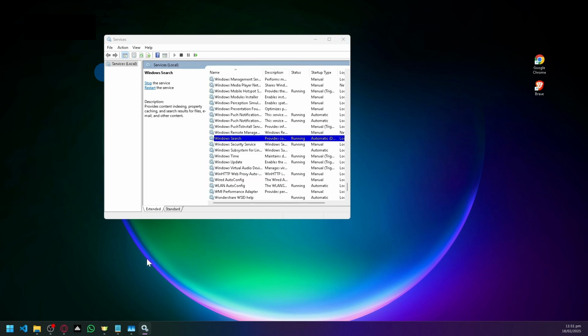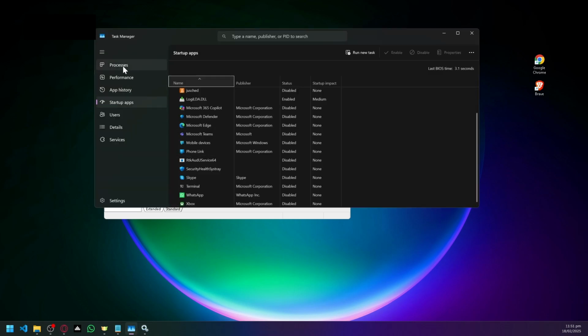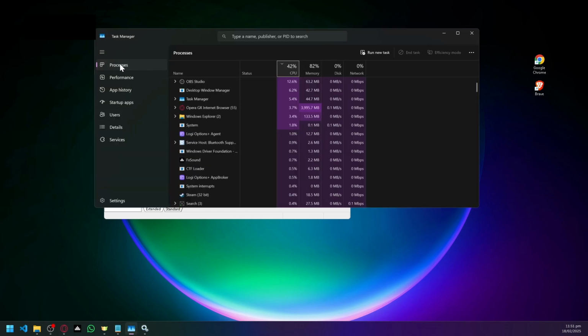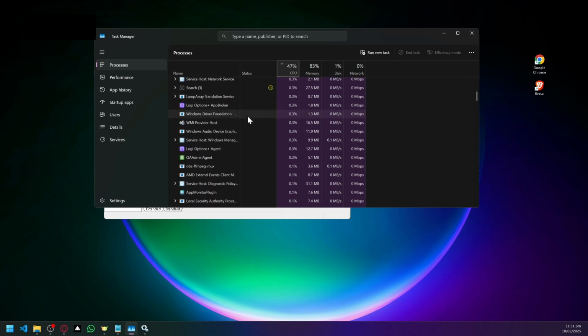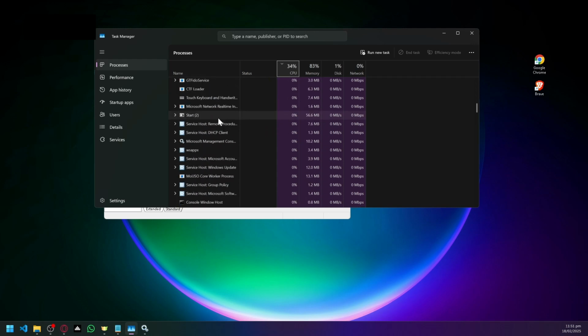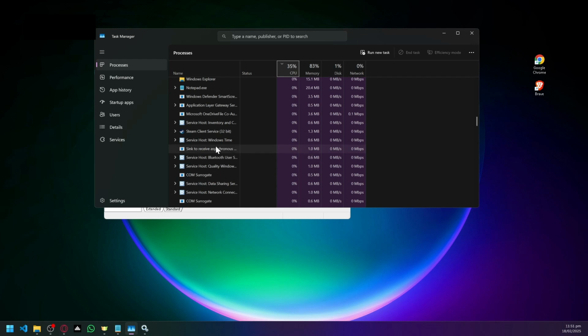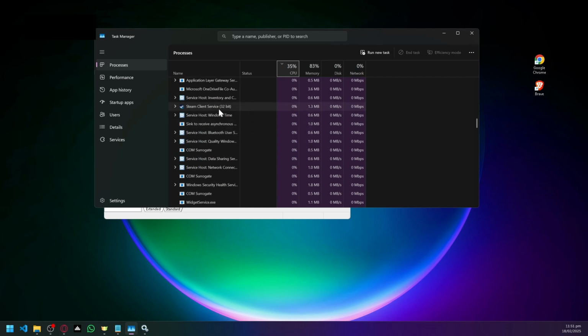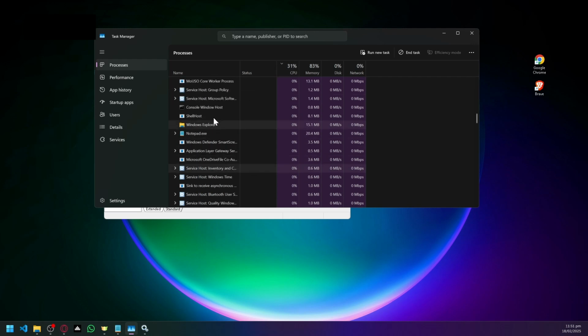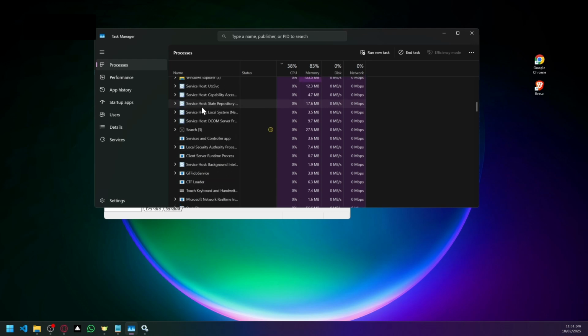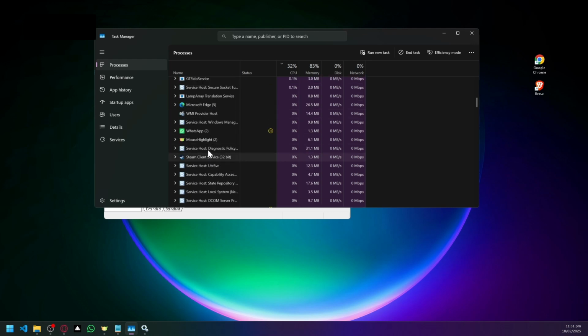The next thing is we're going back to our task manager. You're going to simply go to your processes, and you're going to check every app that's currently running and identify the ones that you are currently not using. For example, this one or Steam. Simply select the specific ones that you are not really using, and click on end task over here, which will stop that specific app from running